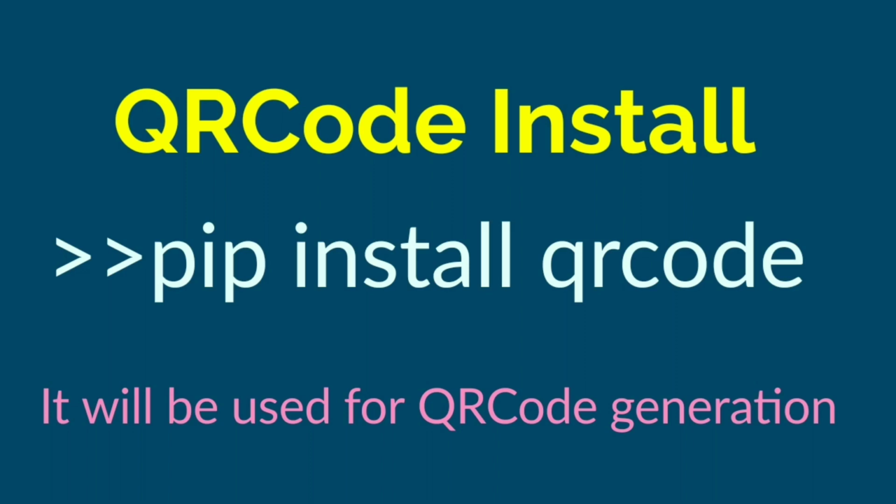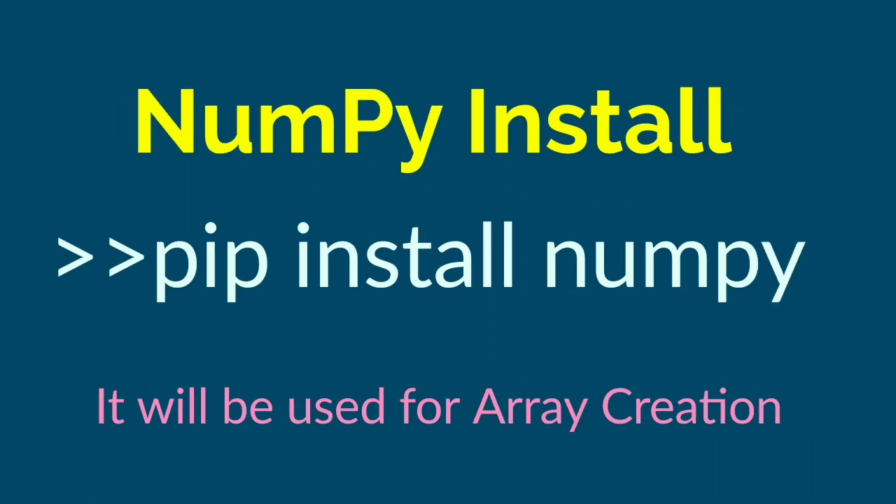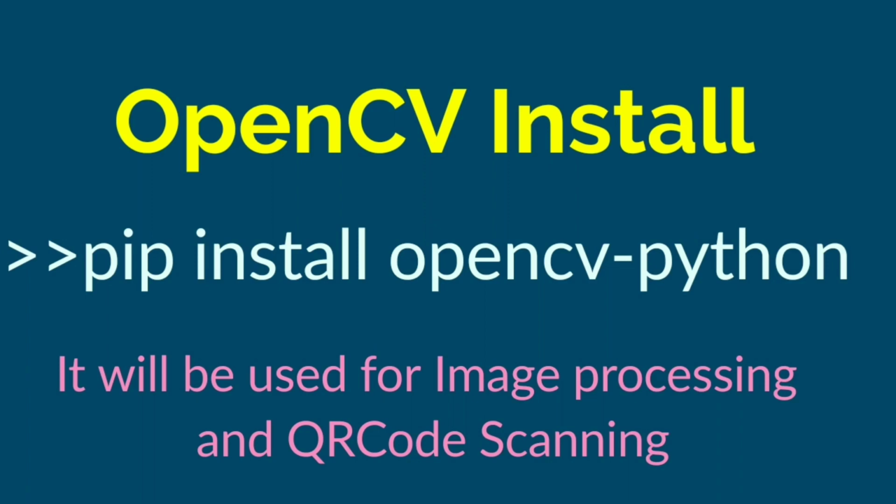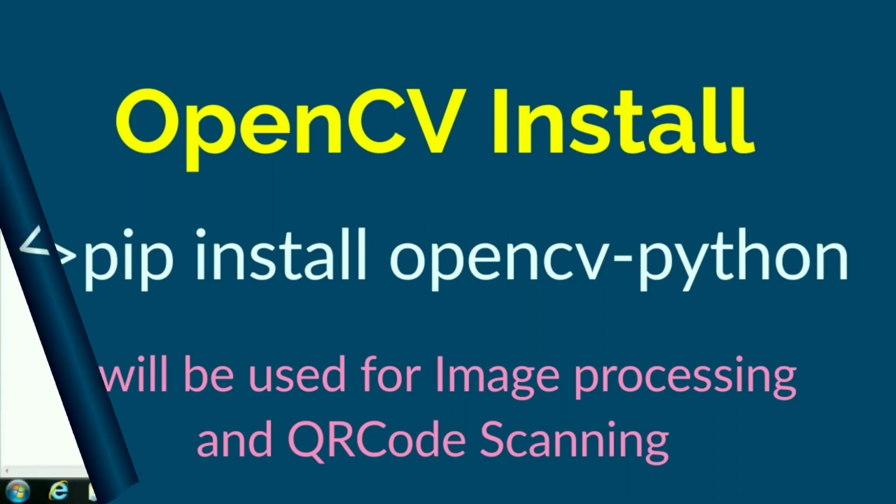Here I am using Anaconda command prompt for running the program and Notepad as a text editor. To generate a QR code, we need the qrcode package. So first of all, we will have to install the qrcode package by using the pip manager. First write pip install qrcode to install the package. To calculate the shape of the QR code, we will use the NumPy package. By using the OpenCV package, we will read the QR code and decode it.